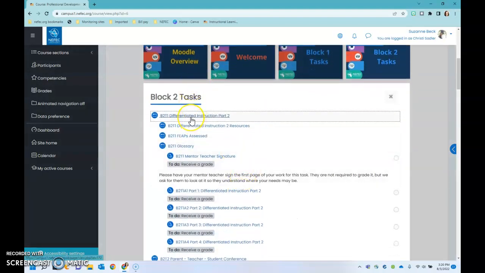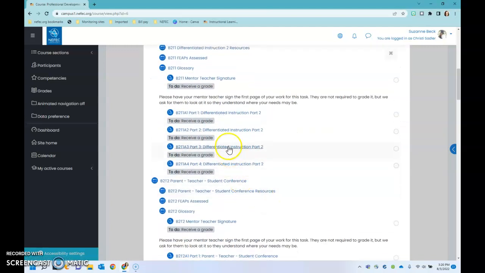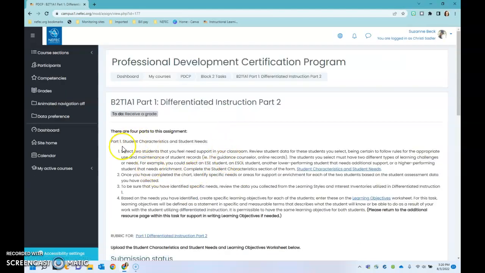So when we look at block 2, task 1, that's differentiated instruction part 2, and this one is much more substantial. It's considered a long assignment and it has multiple parts. All of these parts must be complete for this task to be considered complete. You must make a 3 or higher in every single section in order to move forward and get credit for the course. So you can see here, we're going to take the same student and the same student needs that